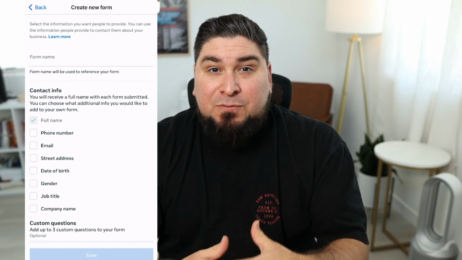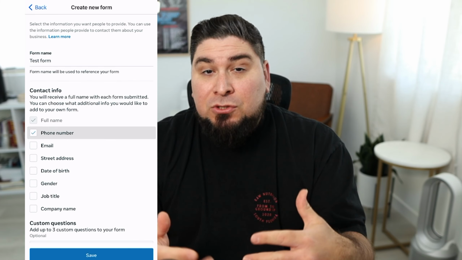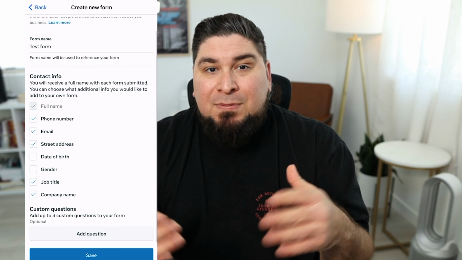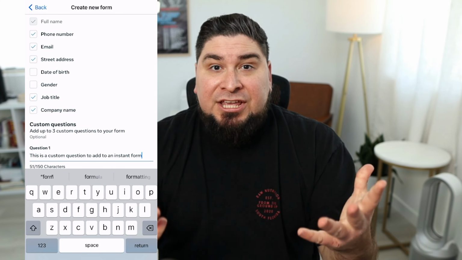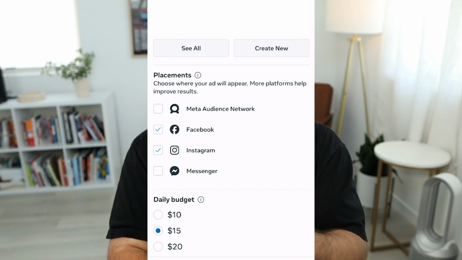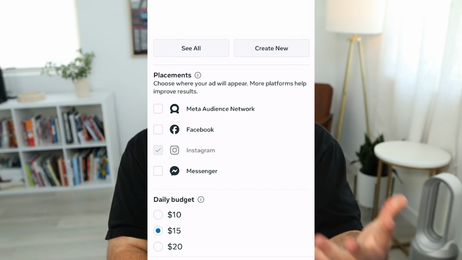But within Ad Center, it will give you the option for that instant form, and that's going to be a great feature because it's basically going to generate leads for you, and people don't have to leave to your website. It's a form, it's native within the platform. Again, because you're looking to run ads on Instagram only, at that placement level on the second step, you will select Instagram only. Now, the reality is, hey, you're getting a lead. Who cares if it's coming from Facebook or Instagram? Because you'll create your ad within there.